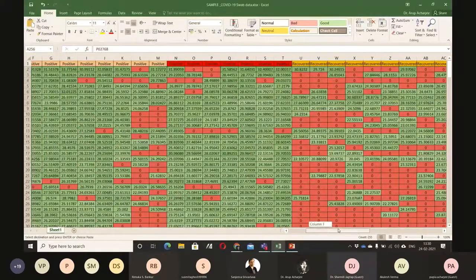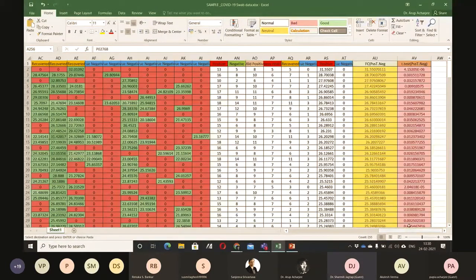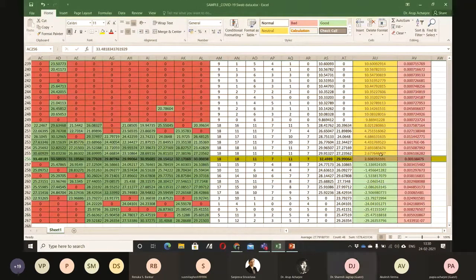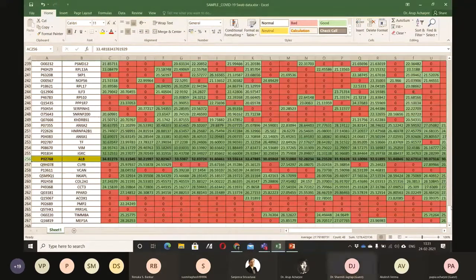So I should copy the entire column? Not the entire column. If you go to the extreme right-hand side of the Excel sheet, you would find the FC. This is the fold change value, positive versus negative, which primarily means COVID positive versus COVID negative patients data. There are almost 256 genes, up till cell number 256. I'm just highlighting it for you. Up till this cell, all the genes are upregulated. And now we want to understand what biological sense these upregulated genes make, because if I look at this Excel sheet, I really